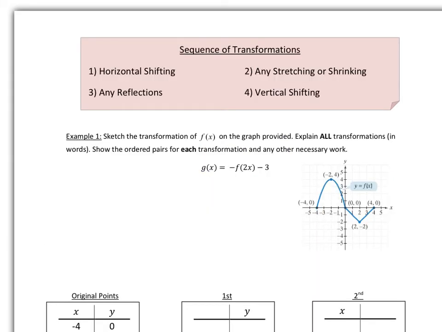In Professor Messenger's video, he did give you some examples of transforming some common graphs. So I wanted to do one where it would be a graph that you might not have seen before, or we don't have an actual specific function that we know from any of our common graphs.